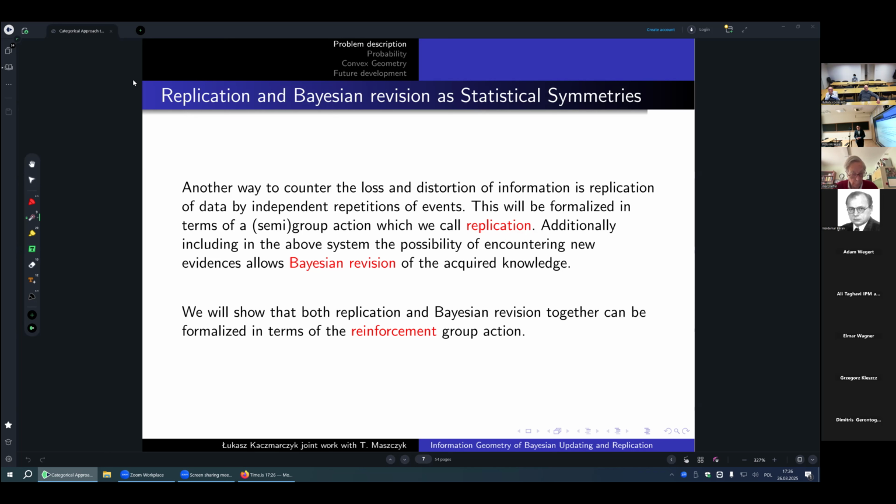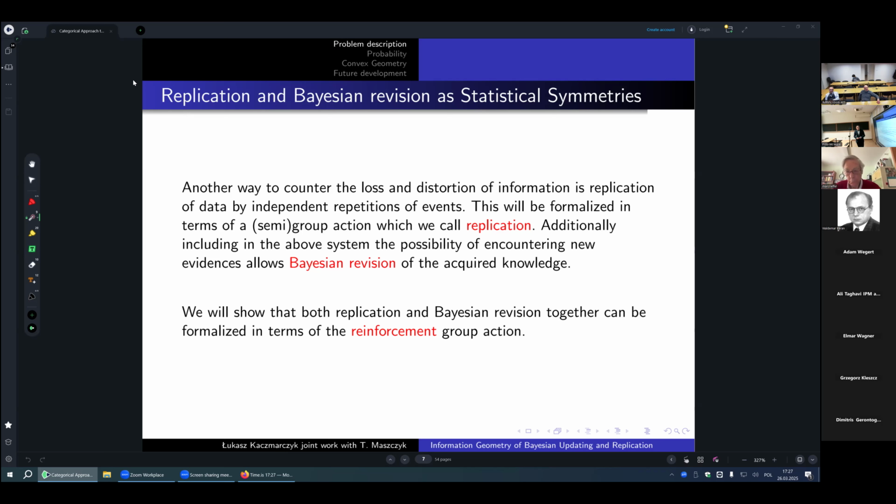For example, if you have experimental data, you can make the same experiment exactly the same independently many times, and this would more or less duplicate your data independently, which should bring you more information than you were losing during the collapse